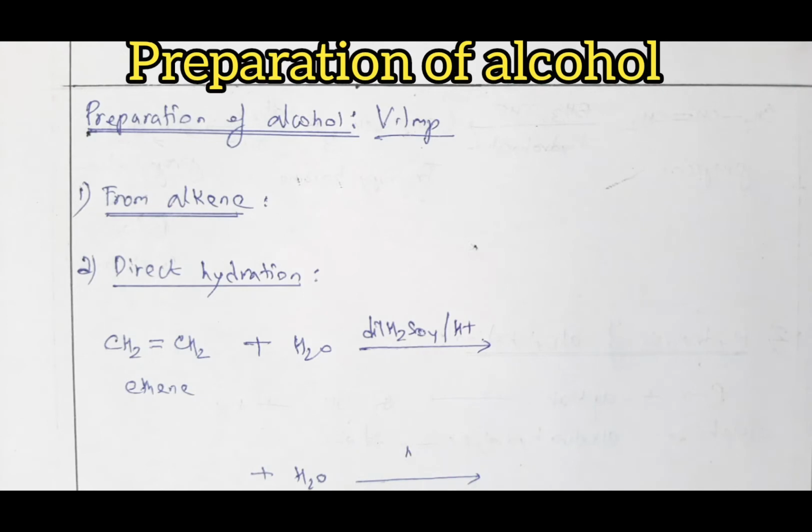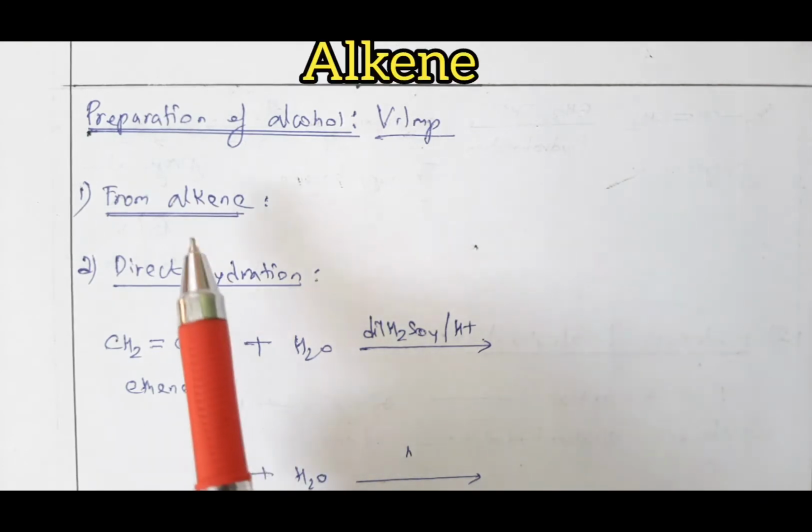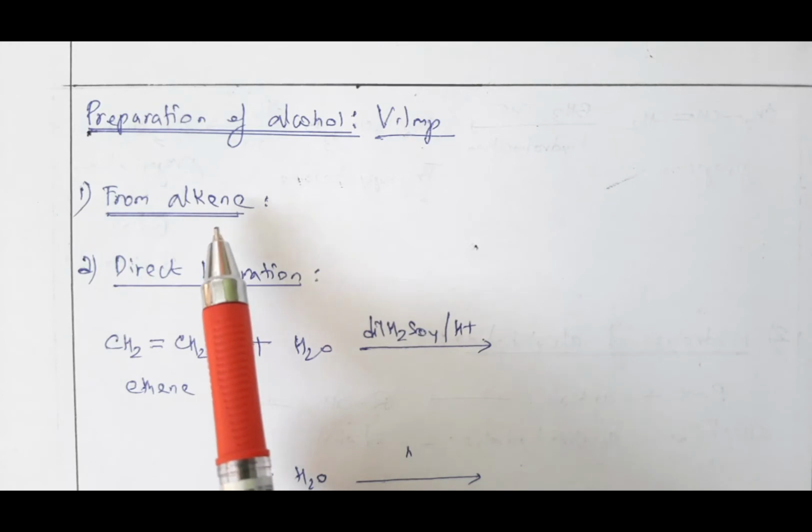Students, in this video we are going to learn about the preparation of alcohol. There are many preparations of alcohol under this topic that we are going to learn one by one, and it is very important. First we will see the preparation of alcohol from alkene, and there are three ways to prepare alcohol